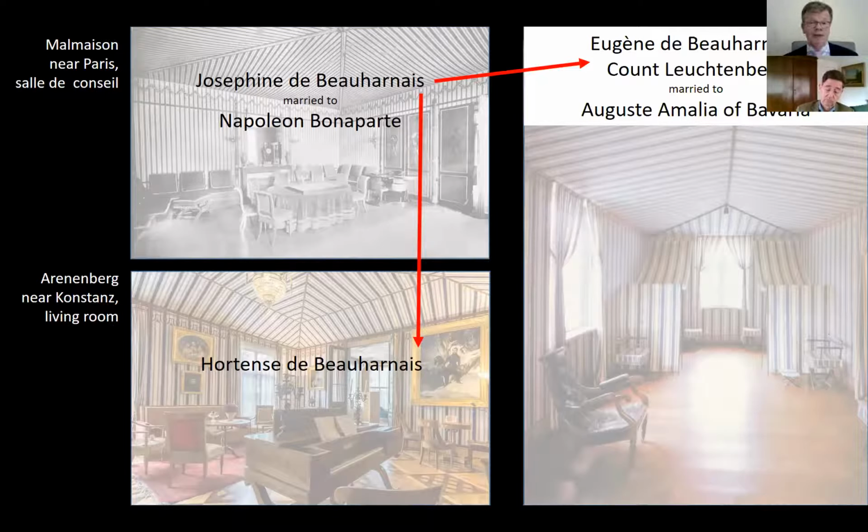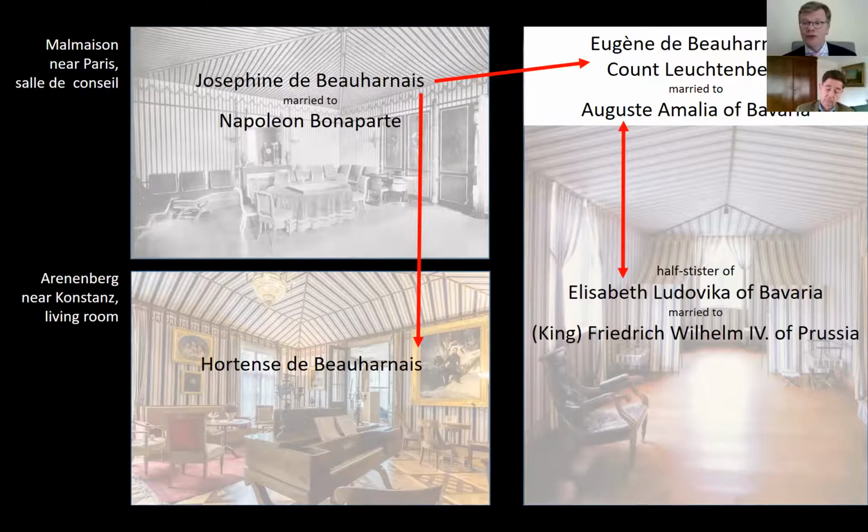Now, why do we have it in Charlottenhof? Because it is the half-sister, it's not really the sister, but they liked each other very much, of this daughter-in-law of Napoleon. It's Elizabeth, our Elizabeth, the crown princess, who was married to the crown prince. So this room here is not just a fancy decoration, or let's make a tented room because it's on the pier and it's so nice and so on. It has, again, the color and the room